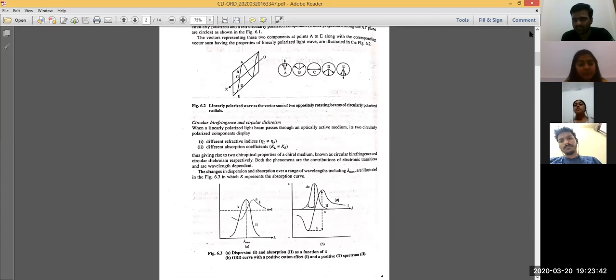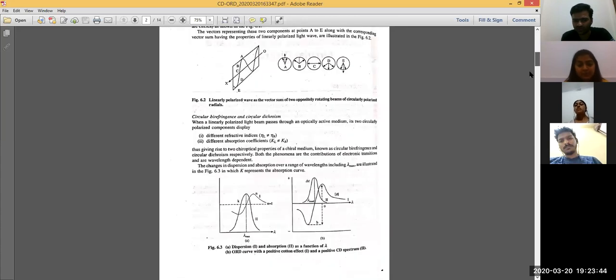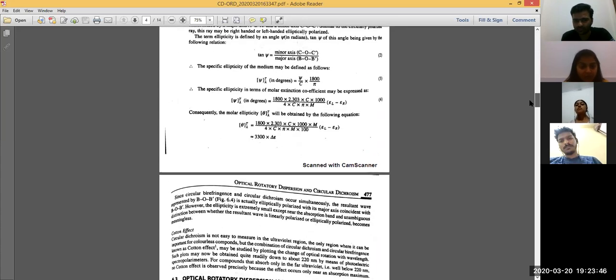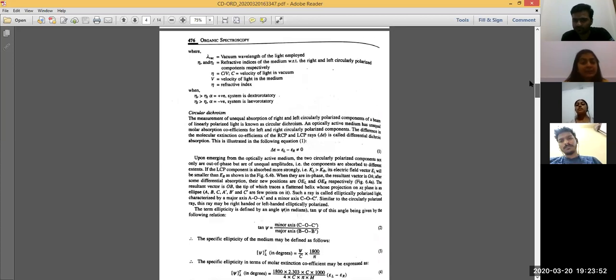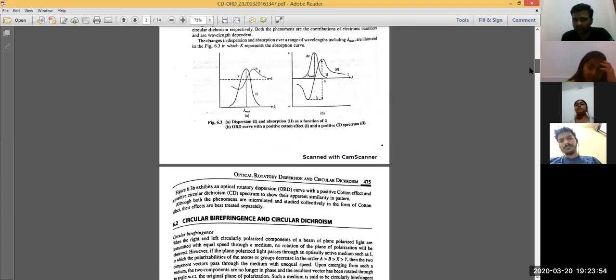So the same theta which you've calculated, which you've got the mathematical treatment of over here, that theta is plotted on the y-axis in case of a CD curve. And you get a curve like this, which represents delta epsilon. Can you see that over here? Yes. Delta epsilon means definitely it has to do with